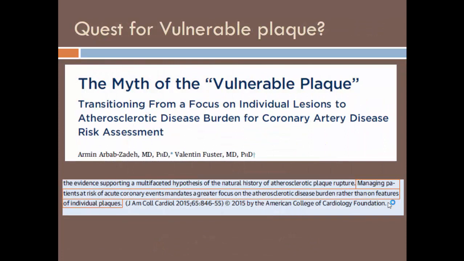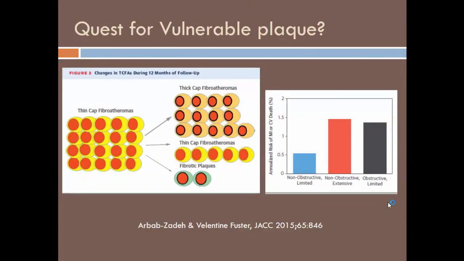But there was an accompanying editorial by Valentin Fuster, whom some of you may know is one of the world's authorities on imaging of vulnerable plaques. And he said that this is probably a myth. And it is a myth because he says it may be more important to manage patients based on total atherosclerotic burden rather than trying to hunt for individual vulnerable plaques. And the reason he says that is that